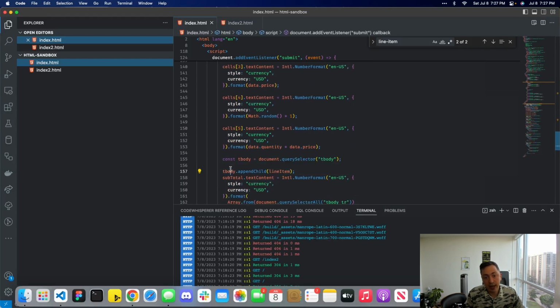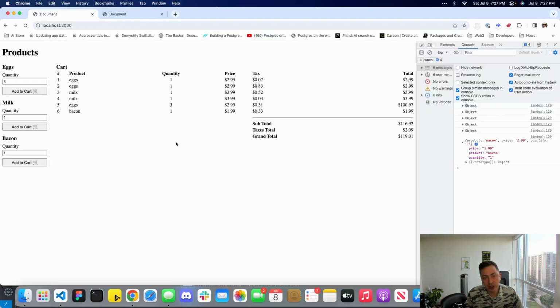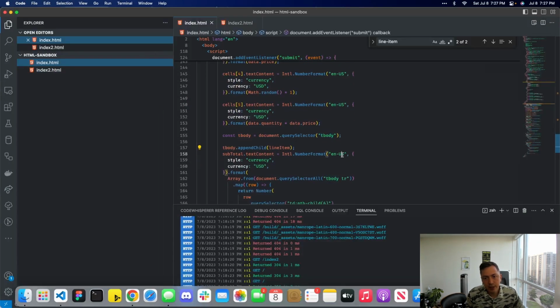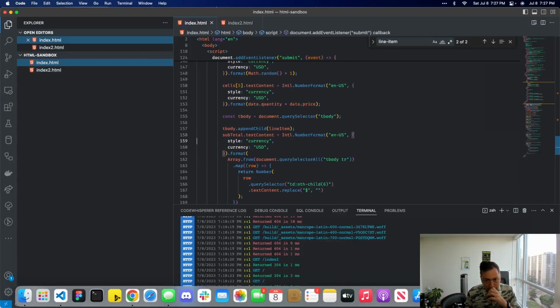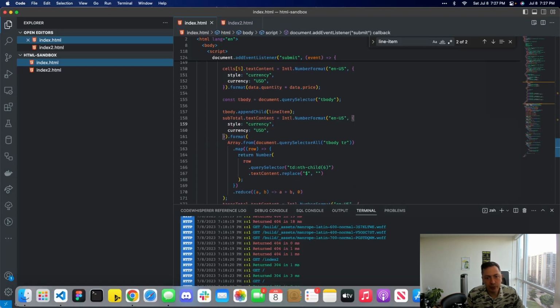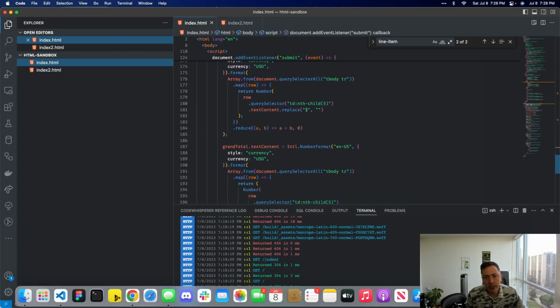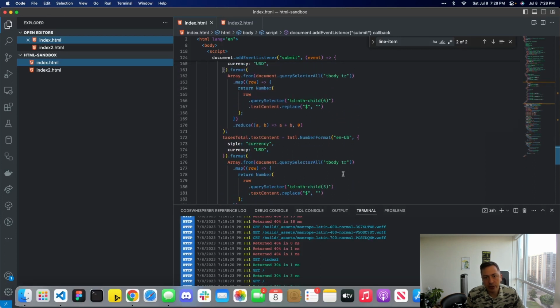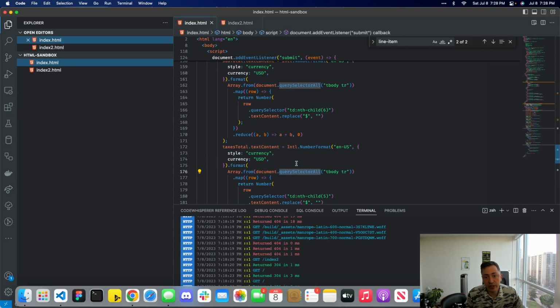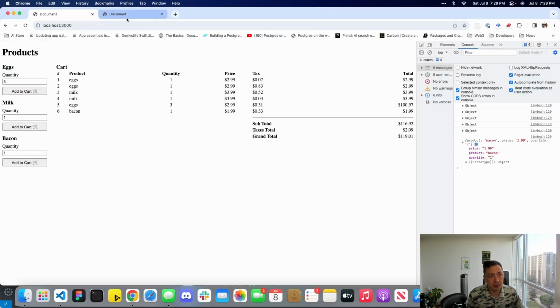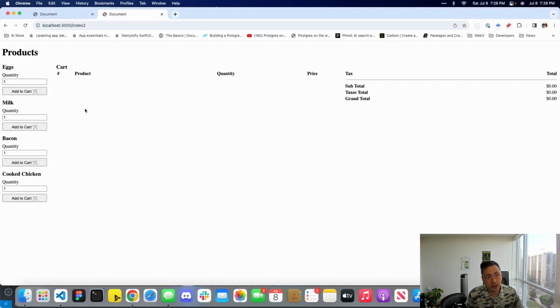So, we can append the line item to the t-body, which is like the root element here. And then, of course, we need to update the subtotal, the taxes total, and the grand total. And if you notice, the way that we're doing that is by using whatever the value currently is in the HTML. So this is definitely not something that you want to do. A much better way now is, for example, I'm going to show you another